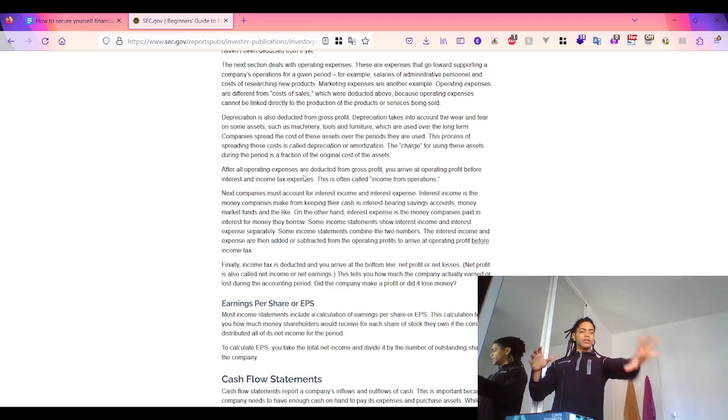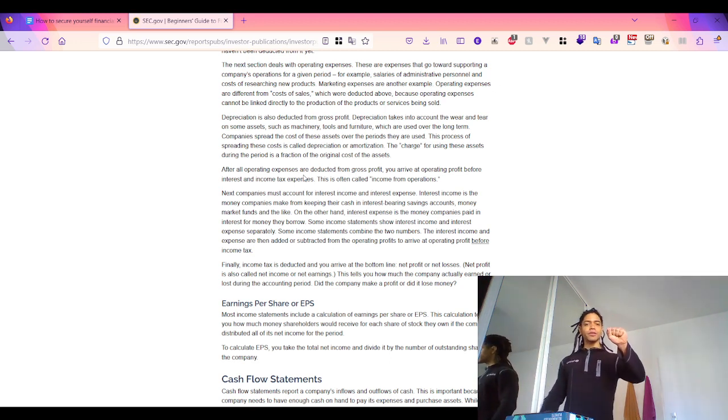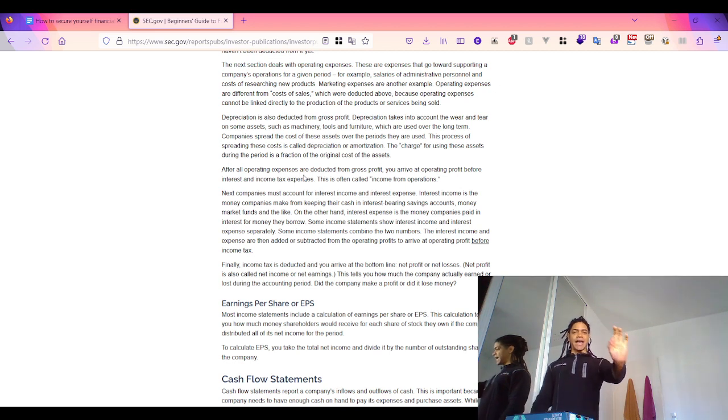So once you look at all of these common operating assets